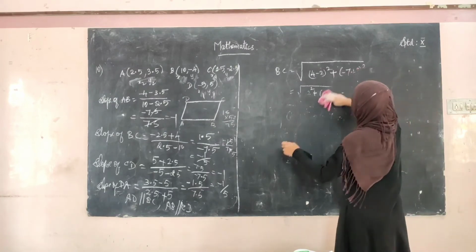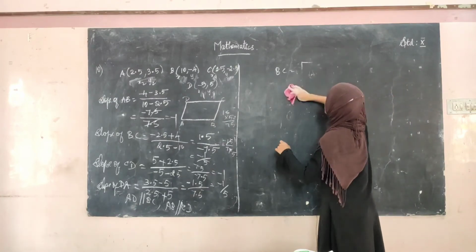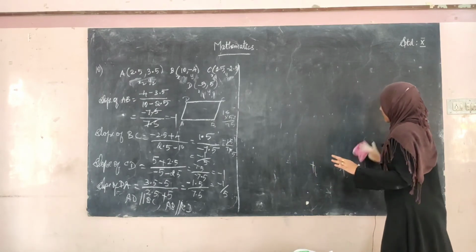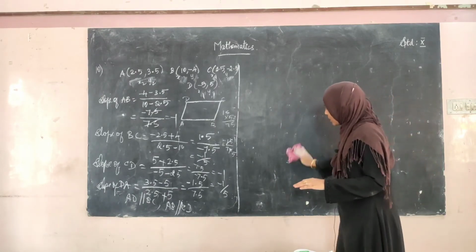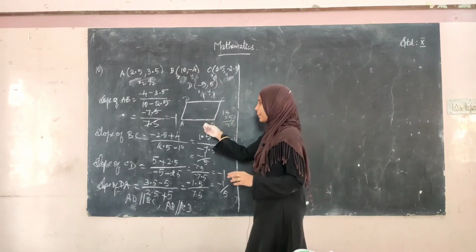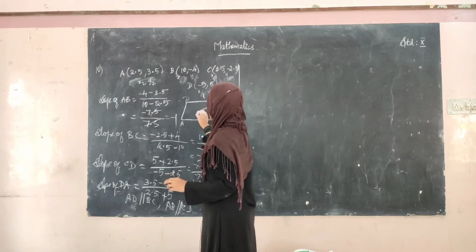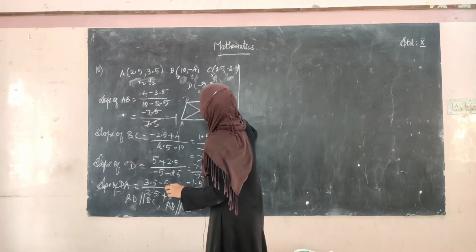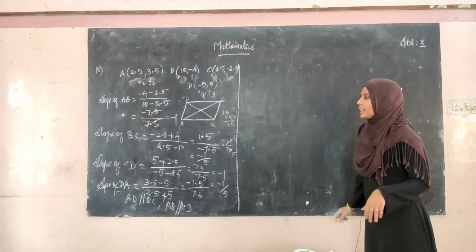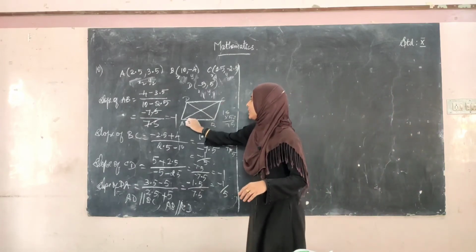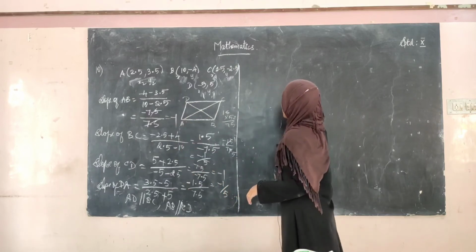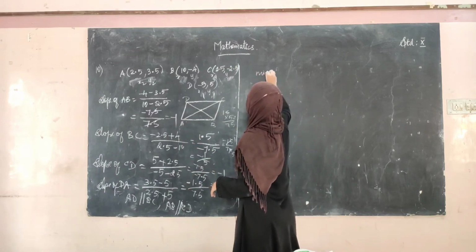Why should we not conclude with this? For a rhombus also, the opposite, that is the parallel sides, are equal. That is, the opposite sides are equal for a rhombus also. Since if you want to tell this as a parallelogram, the diagonals should meet at the same point. Meet at the same point means the midpoint of CA should be equal to the midpoint of BD. Okay, so for that we can find the midpoint of